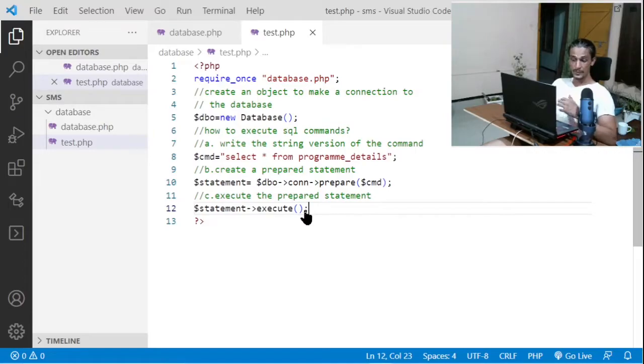Now there are different ways of calling this function, which I'll tell you in the coming videos. But to execute this particular command, you don't have to specify anything here. Simply execute, with opening and closing parenthesis. That's all. Done. Now once you execute the command,